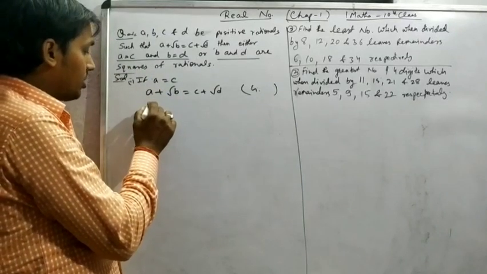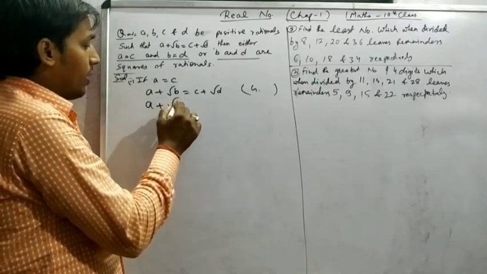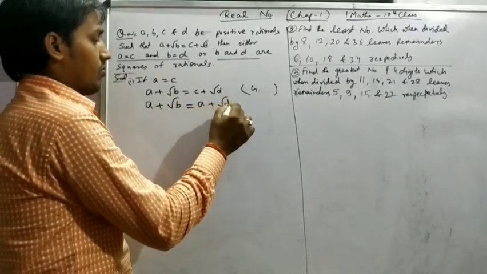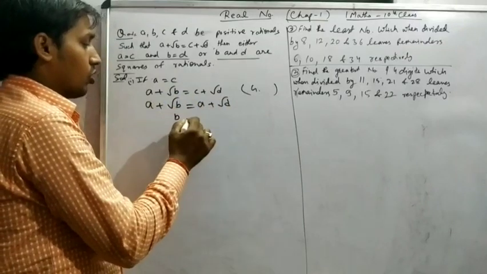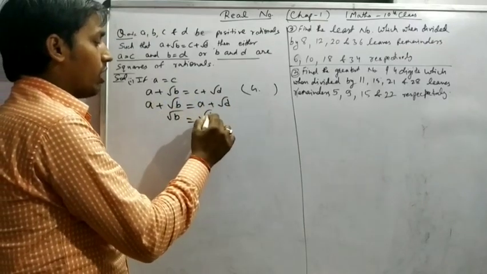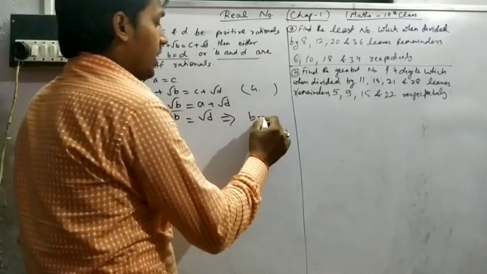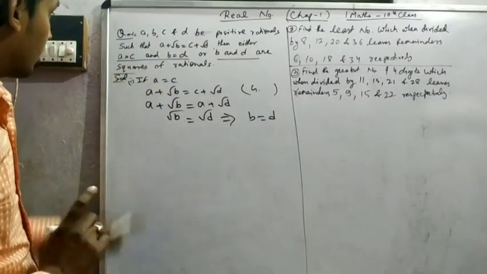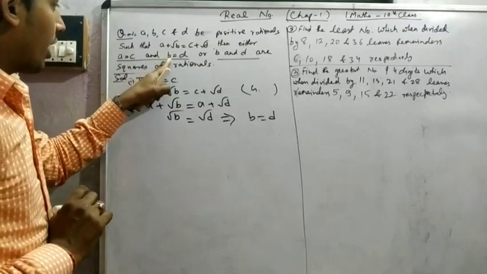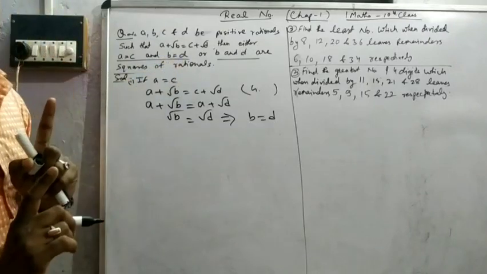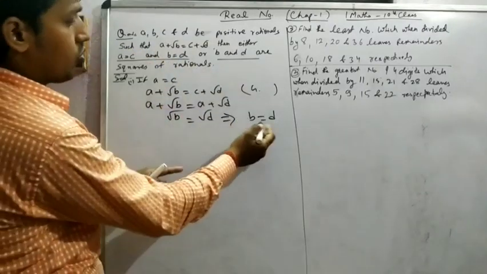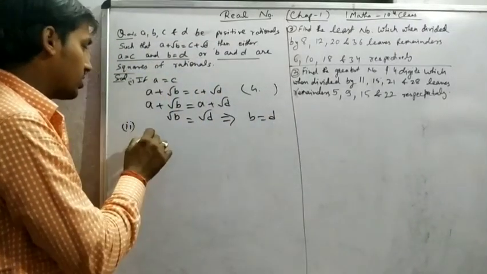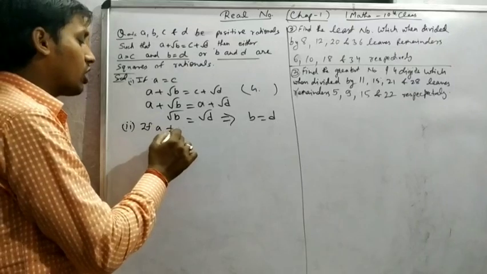You replace C with A. A cancels out. Root B is equal to root D, that means B is equal to D. That means if A is equal to C and B is equal to D, that is confirmed. If A is equal to C, then B is also equal to D. But second case, if A is not equal to C,